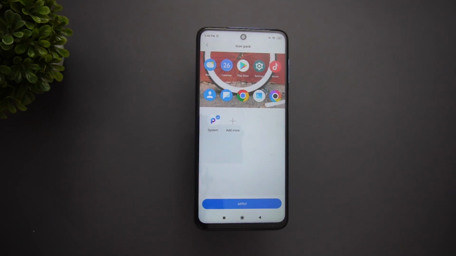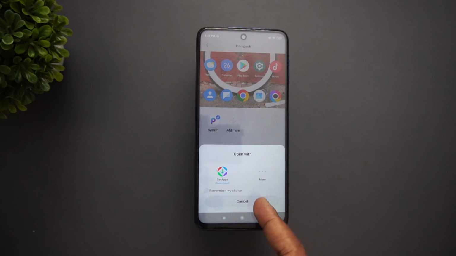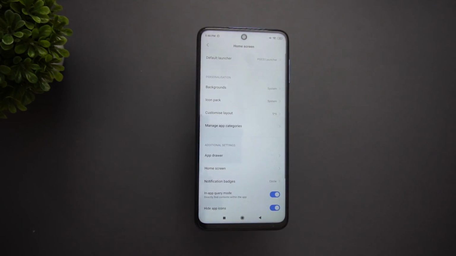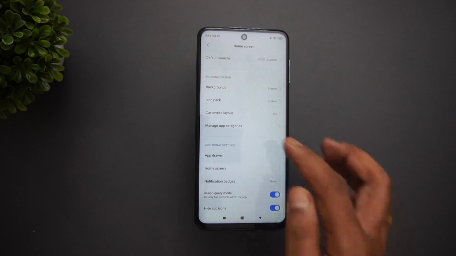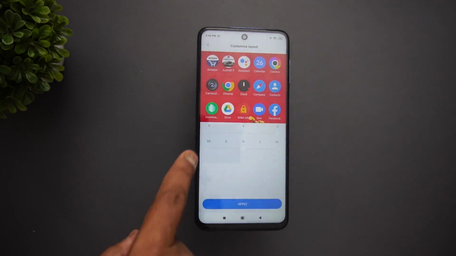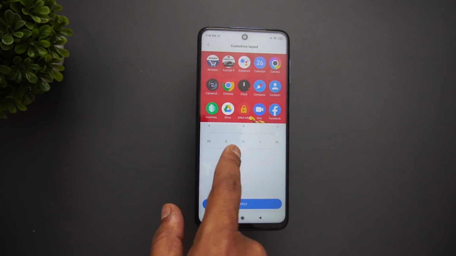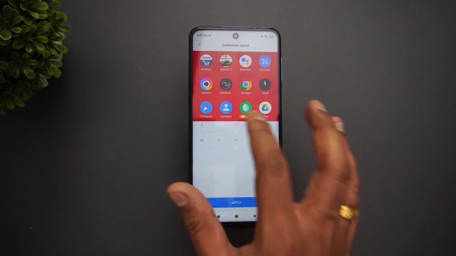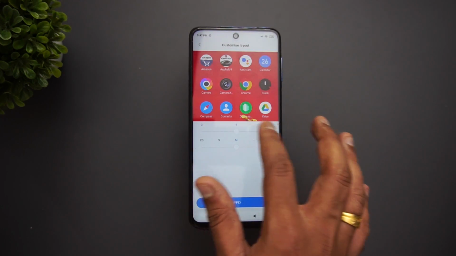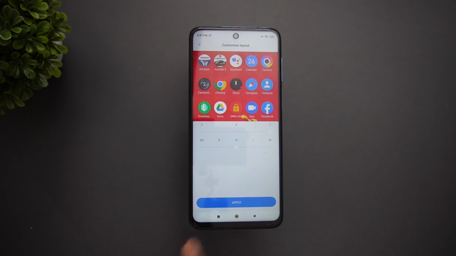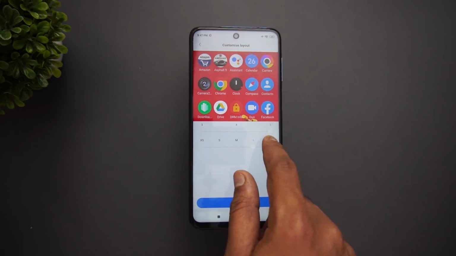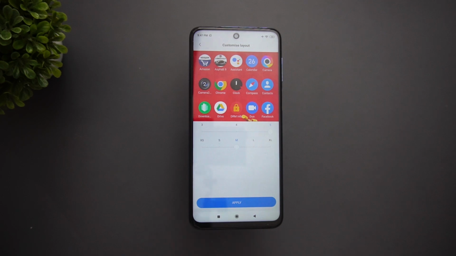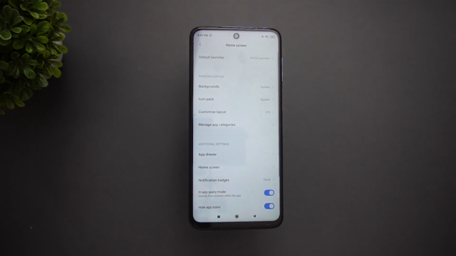You can click here and add more, so you can go with either Get Apps or the Play Store and download additional icon packs and customize this. Now customizing the layout. So basically we have the layout here. You can see the options here. So here we have 5 icons, so you can go with the 4 or 3 icons as well. So based on what suits you, you can select that. You can also see the size of the icons: XL, medium, large, extra small. So these are sizes available. So once you're done, you can click apply.